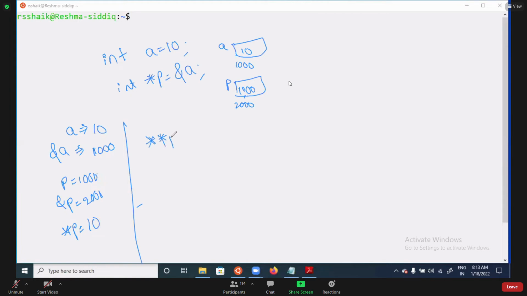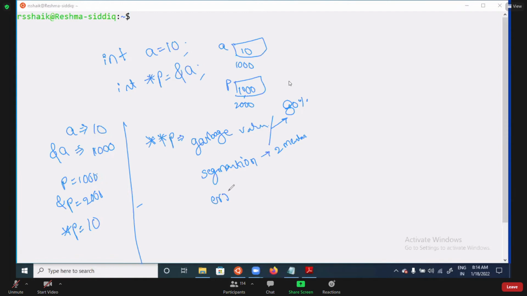Can you tell me **P? Most of the students gave garbage value, unknown. Some students gave segmentation fault. Three students. Garbage value was given by 80%. Segmentation fault only two members gave.